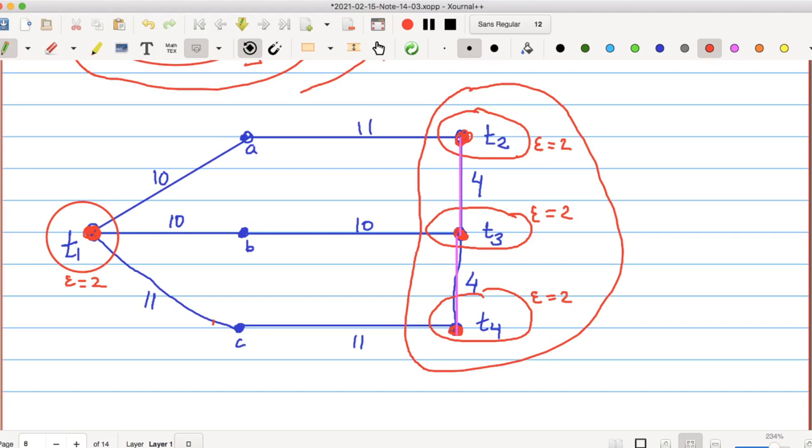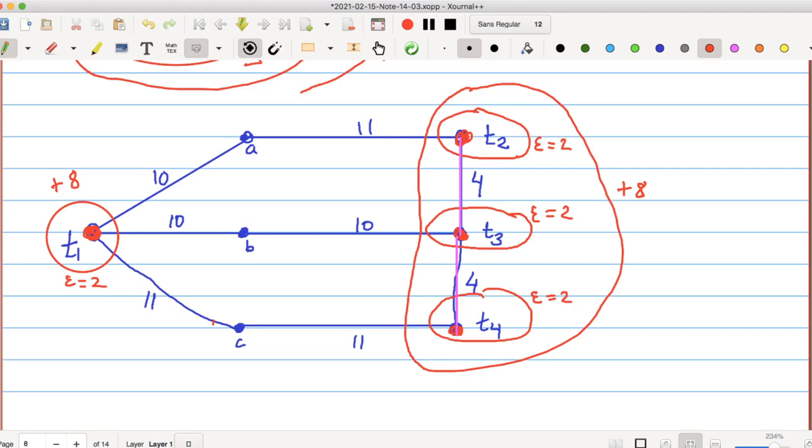And how much can we increase? Consider the edge T1, A. We have already contributed 2, so we could possibly do an increment of 8, right? But let's also consider the right hand side edges. Here for the edge B, T3 we have already contributed 2. So again we can contribute 8 more here, right? So it is safe to contribute 8, because on both sides we are getting 8.